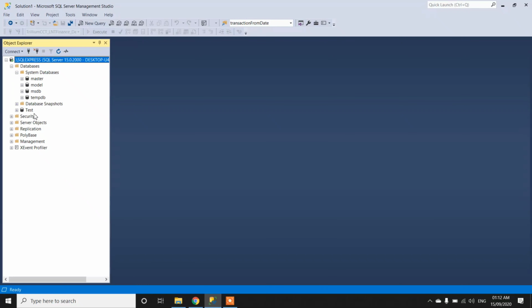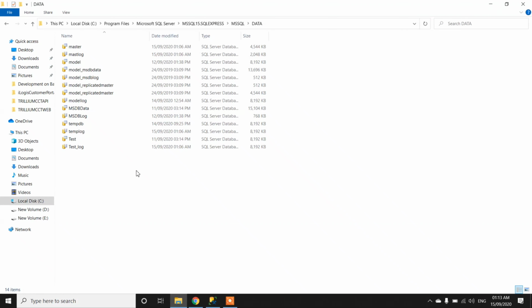Now I have my own defined database, that is test. Let's see the folder for test. For test I have two files here: one is MDF, and the second one is LDF, which is the transaction log file. The transaction log is stored there, and in the MDF the actual database data is stored.